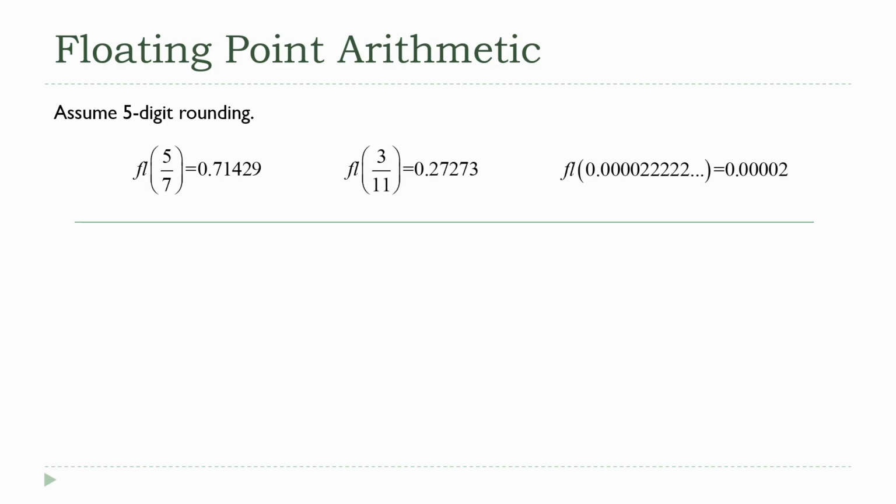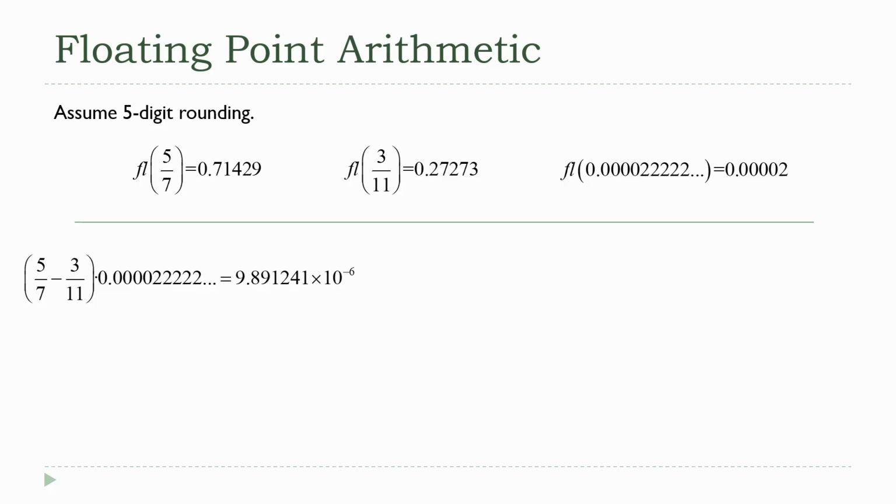Using our two good numbers here, 5/7 and 3/11, the numbers that gave us a very accurate result originally. And I've added a second number, 0.000022, and the twos just keep repeating. So the floating point version of that in our 5-digit scheme is going to be 2 times 10 to the negative 5th. So what I want to think about here is what happens when I take the two fractions, subtract